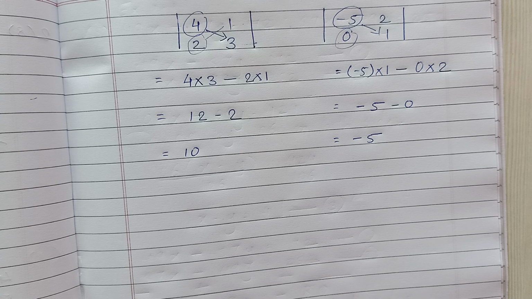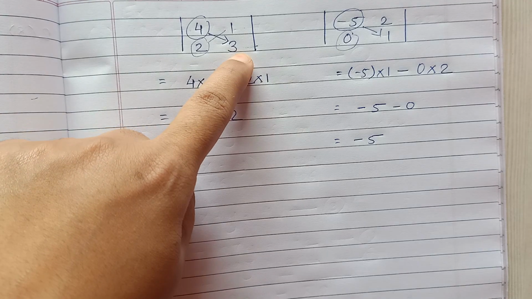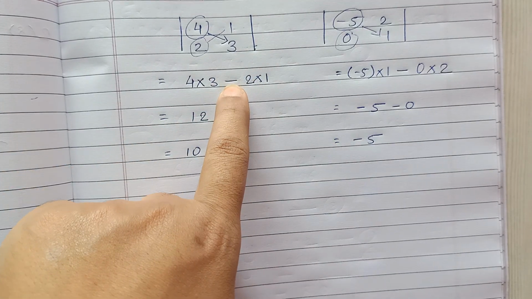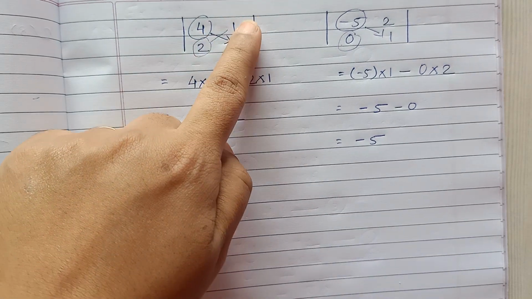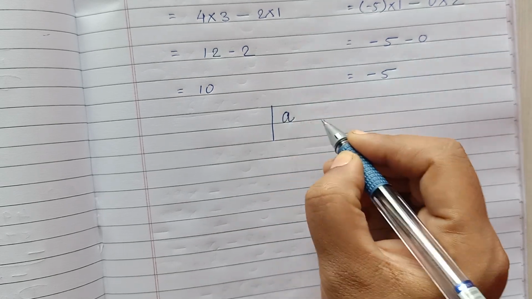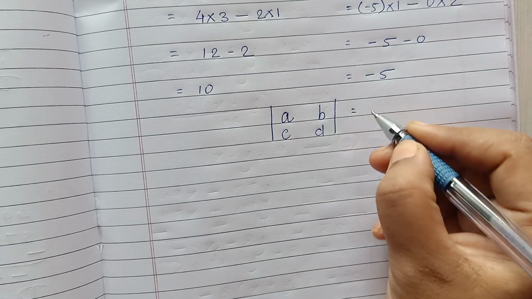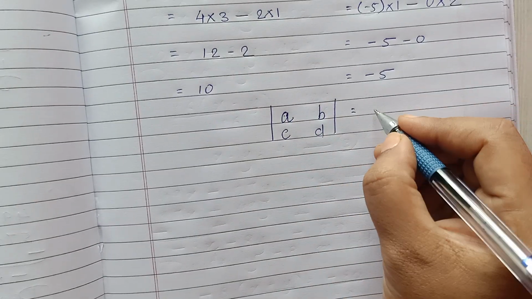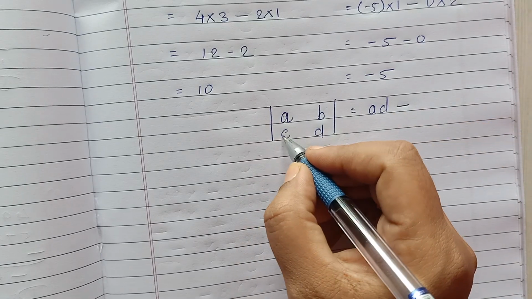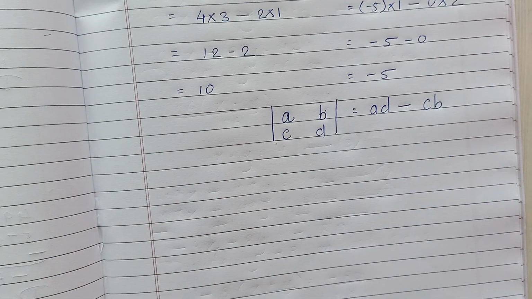Again children, what are determinants? Determinant is an arrangement of numbers in 2 by 2, 2 rows, 2 columns. How to solve the determinant? In this format. We start with the first number, cross with the next number, minus sign. This minus sign is compulsory. Then 2 multiplied with 1. In general, if I am writing a determinant like this, see, A, B, C, D, then what is the answer of this determinant? A into D, minus sign compulsory, C into B or B into C. Okay, so this is how we calculate determinants.